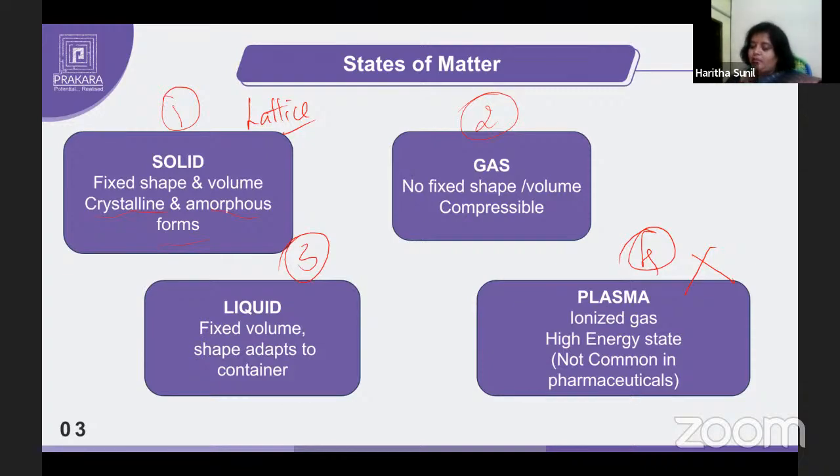crystalline solids. Coming to the amorphous solids, they lack a regular arrangement, which results in higher energy and solubility compared to the crystalline forms, and they do not have any sharp melting point. For example, you can take itraconazole and ibuprofen; they all belong to the amorphous kind